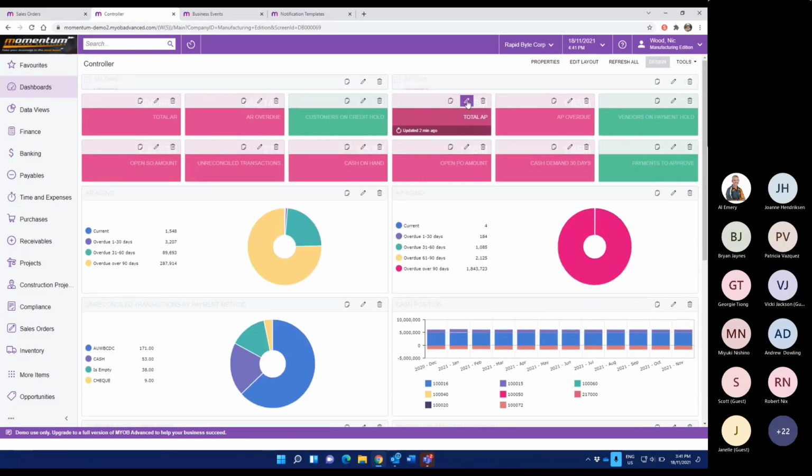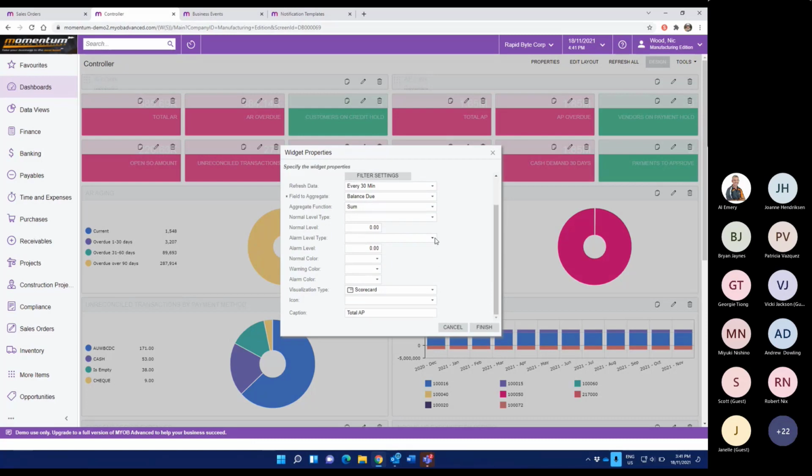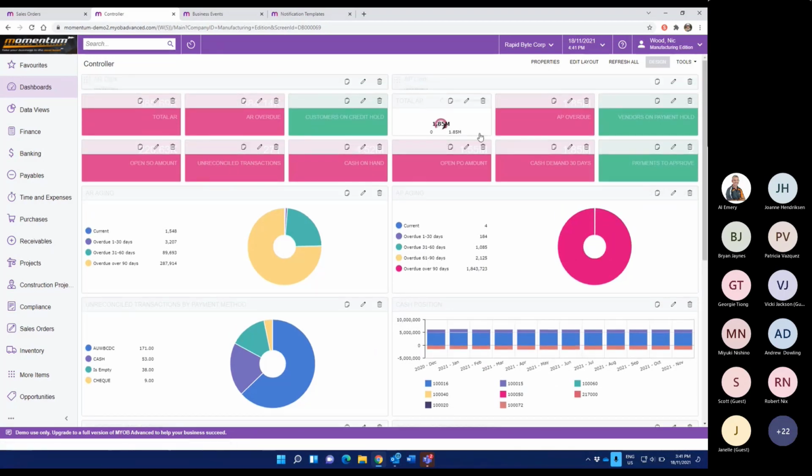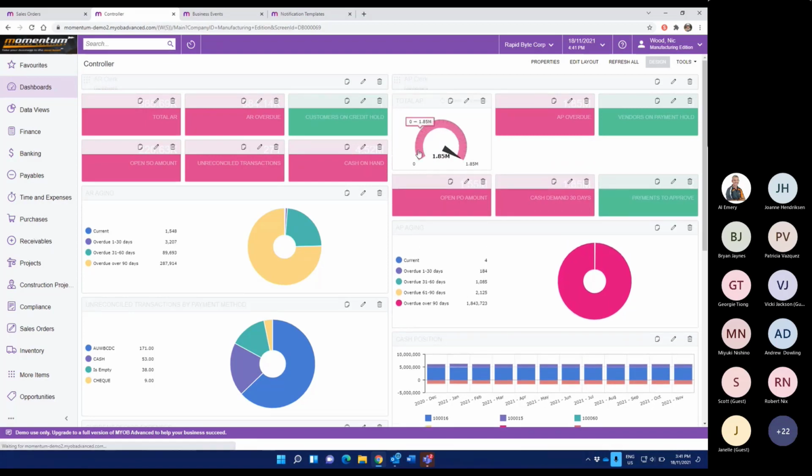And if I look at editing one of these, you see a new function we've got here. The scorecard is basically green, orange, red. So that traffic light system, good, average, bad. But if we change this to a meter, you'll see it's a little small there. But essentially we'll get a dial showing where on the scale that number is sitting, and that may give you a better indication of average days overdue, or some other particular figure you would like to track.